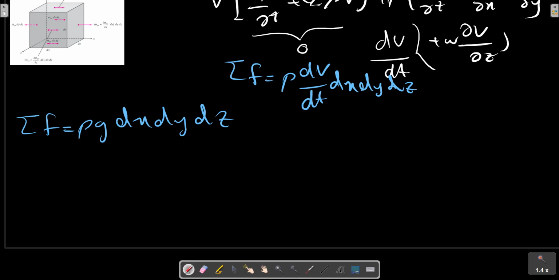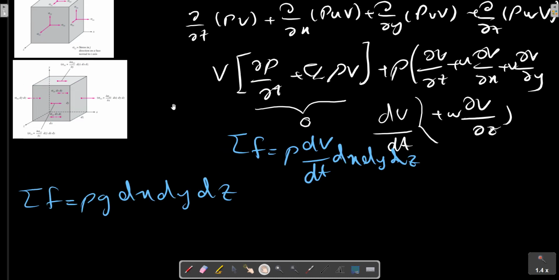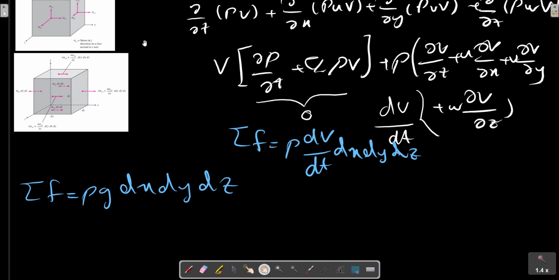For example, in x direction we have a component here and also a component above, and it equals the